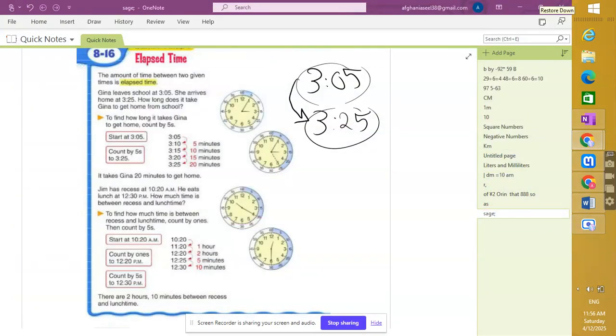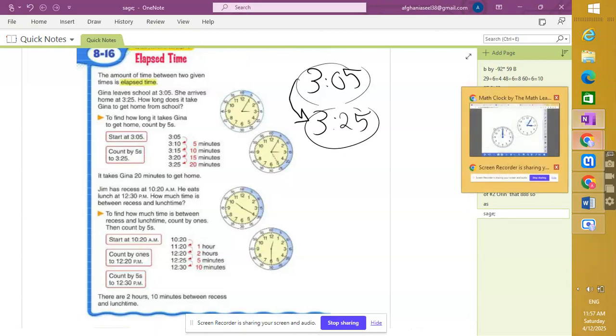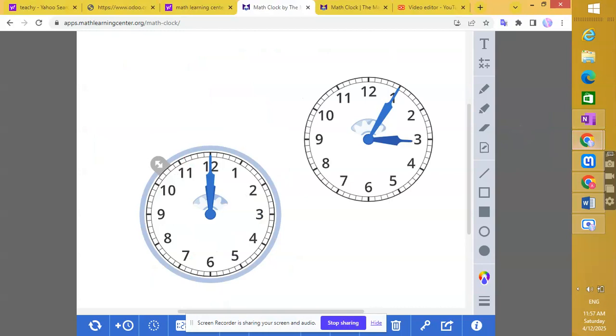So, guys, we are talking about Mace. She leaves her school at 3:05 and she arrives home at 3:25. So how many hours and minutes does she need in order to arrive at home? Or how long does it take Mace to get home from school? So now let's discover, guys, here from 3:05 to